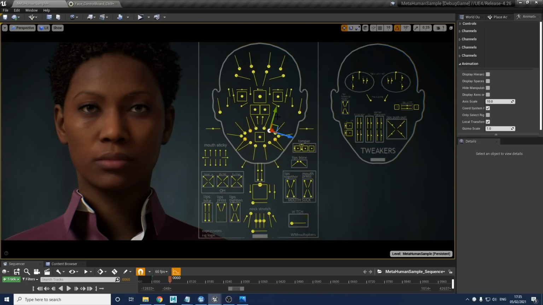So there will be some kind of crossover, but it would be very unlikely, if not impossible, to have a maximum sharp corner pull with a maximum corner depress, because these two are just going to kind of force the face into this kind of strange, unnatural looking shape. It's not really a way the face usually moves, but again, the rig can do that if you need it to.